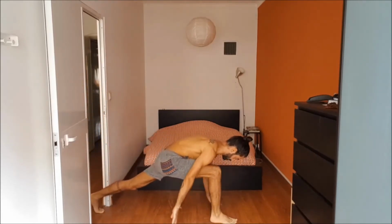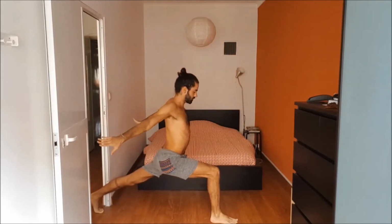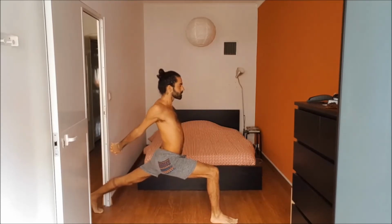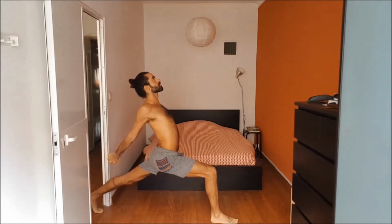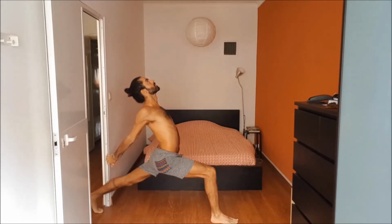As you inhale, first you find your high lunge, and then we're going to modify it further by interlacing the fingers behind your back. Basically the theme of the practice, we've been doing a lot of this today, and try to send them back and up. So you open the front of your shoulders. Keep sending your hips low. Keep your core